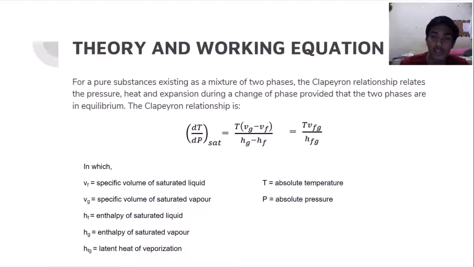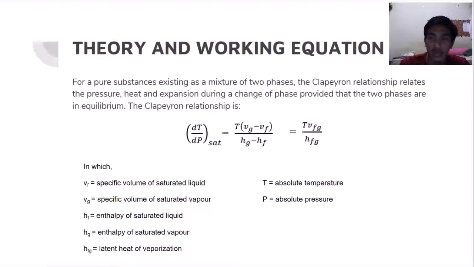So the working equation for this experiment is based on the Clapeyron equation, which is delta T over delta P saturated is equal to T times in bracket Vg minus Vf over Hg minus Hf, also can be equal to